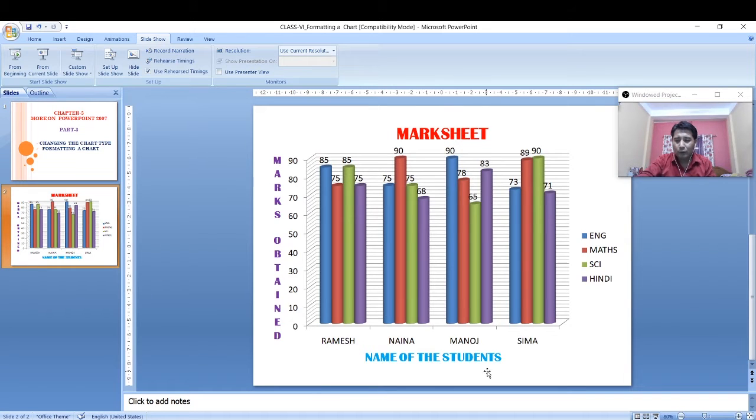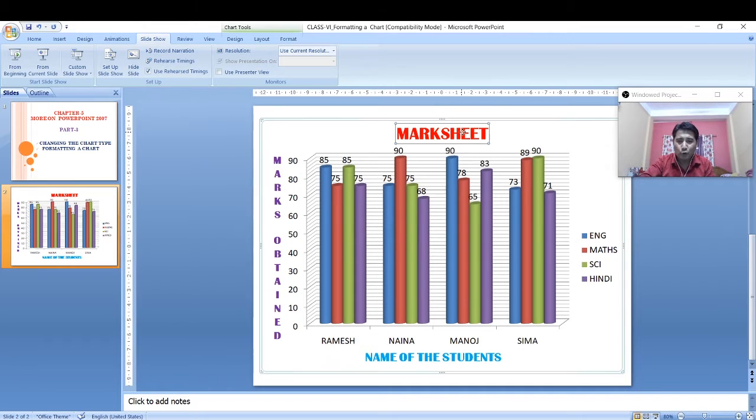Now here I have already created the chart, based on the marks they obtained on different subjects by different students. And if you can see here at the top, I have given the title for the chart and I have given the name for the y-axis. I have also given the name for the x-axis, and I have used data level and the grid line as well. Okay, so we call these as different components of the chart, and you have already learned how to use the component of the chart while creating a chart in the last class. Okay, now today we will work with formatting a chart.